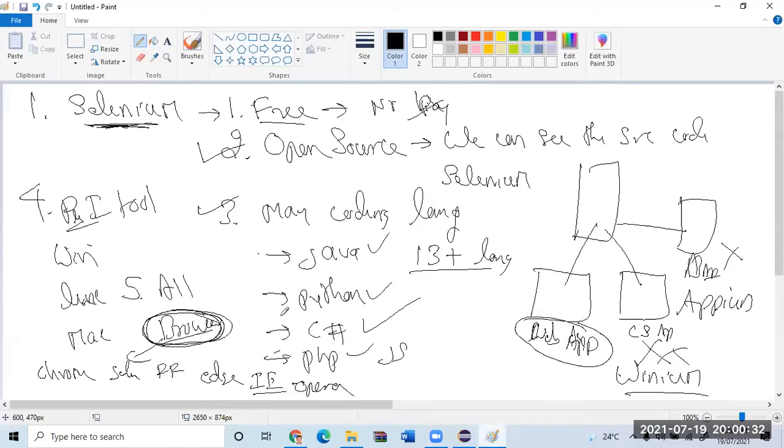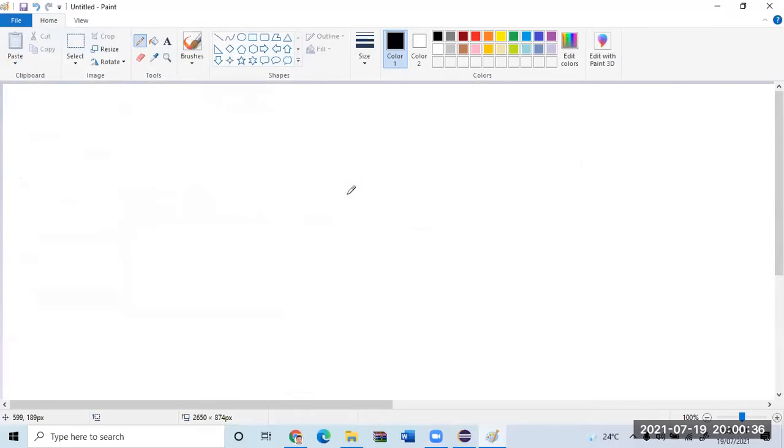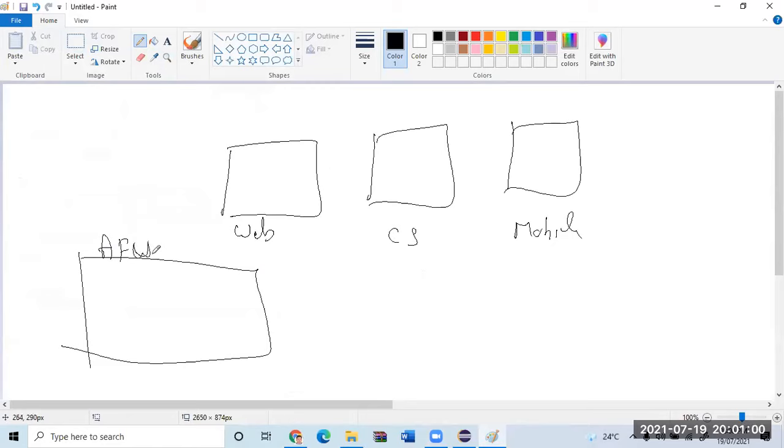Whenever you go to a company, all these things I'll prepare a theory. Don't worry about it. There will be an application. This application will have web. It will have client server. It will have mobile. Then the so-called architects will design something called an automation framework. I'll teach you. Whenever you go to any interview, 100% damn sure there will be a question on automation framework. I will teach you that.